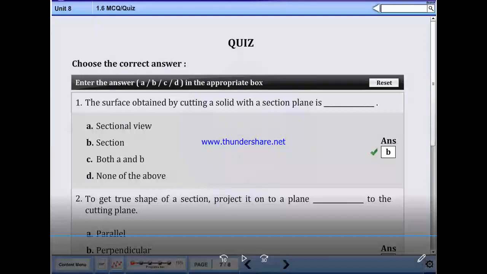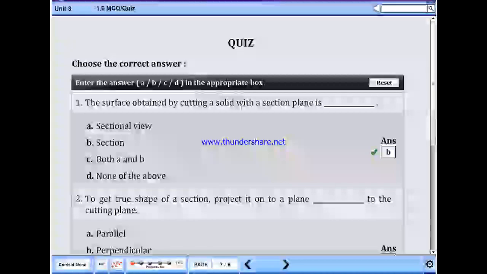Note down quiz questions. The surface obtained by cutting a solid with a section plane is: A, sectional view; B, section; both A and B; none of the above. Answer B, that is, plane section. To get the true shape of a section, project it onto a plane